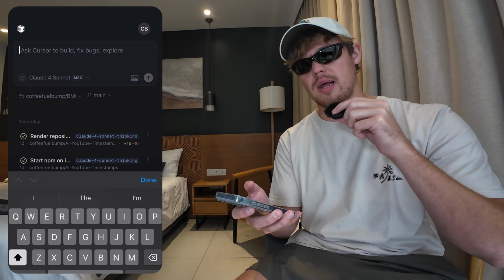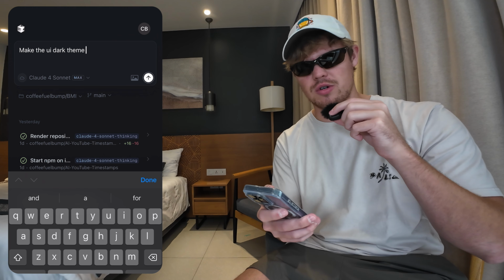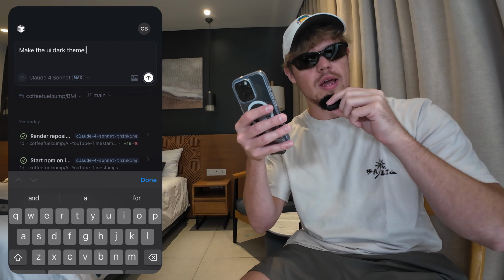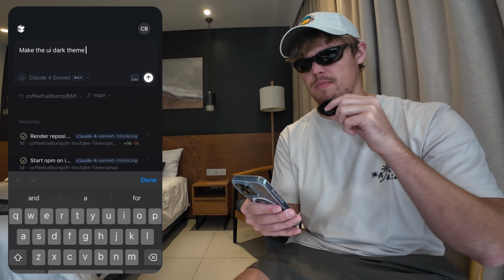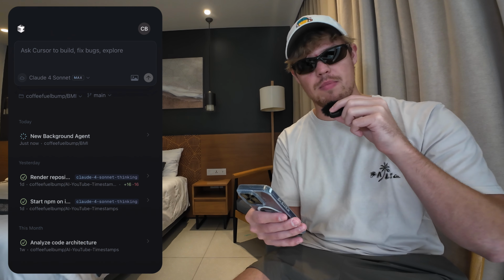can ask something more complex. I'm going to do something simple, but as you know, the more complex the better if you want to use Cursor AI. I'm going to say make the UI dark theme. As we saw with the original app, it was all a white background, so I'm going to make it a dark background. I'm going to hit enter here, and now we have Cursor working on that specific repo that we've selected